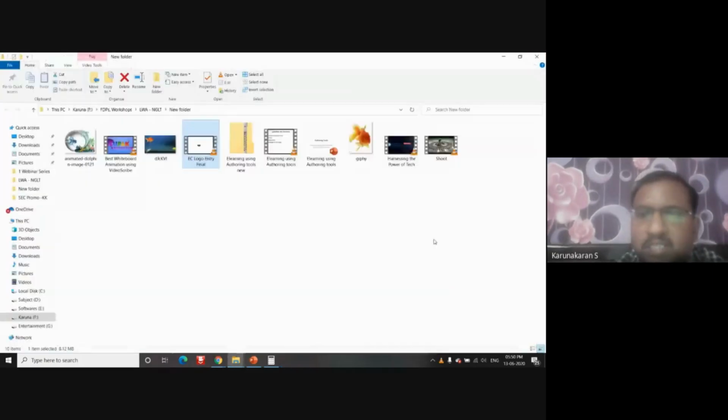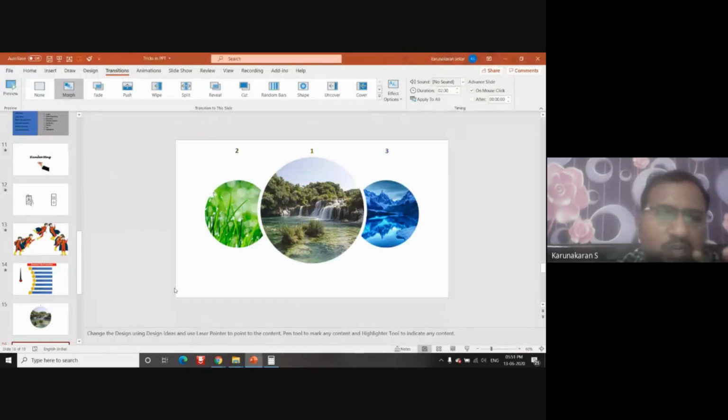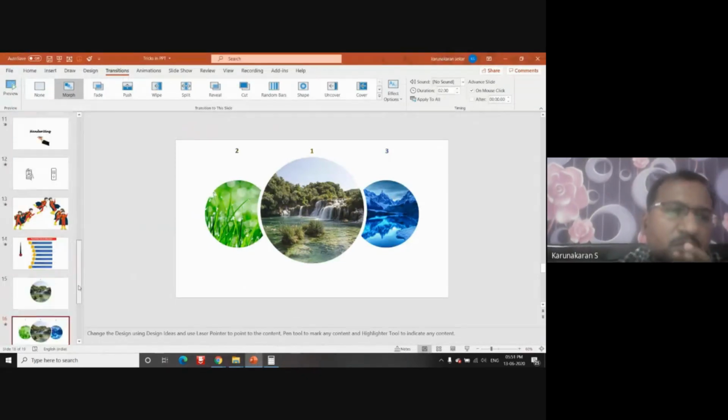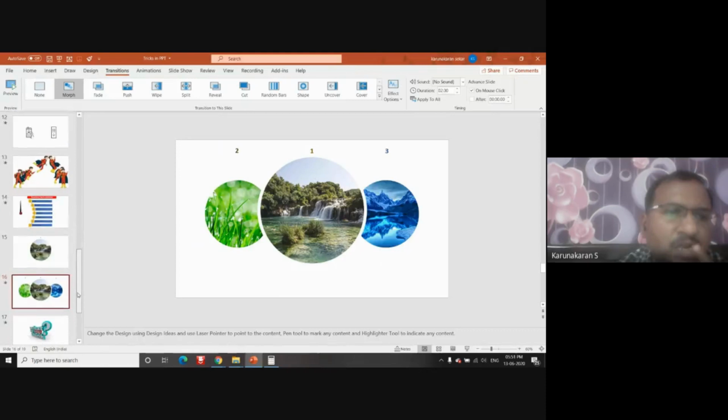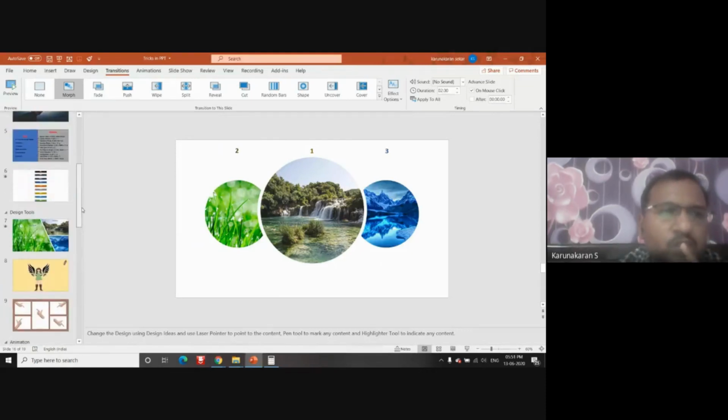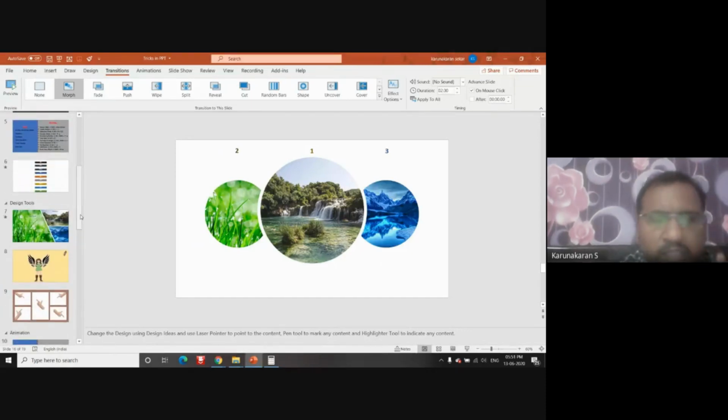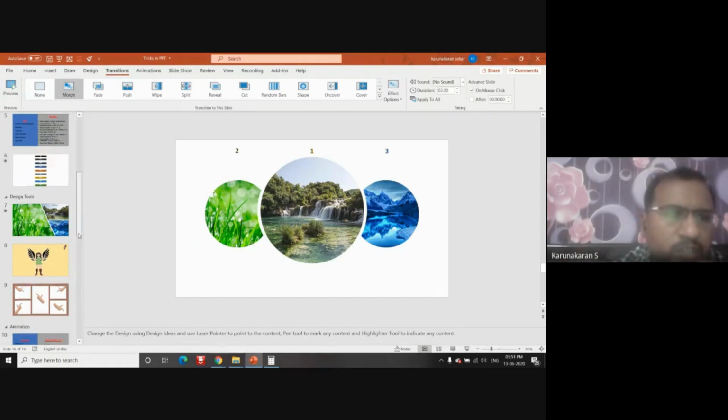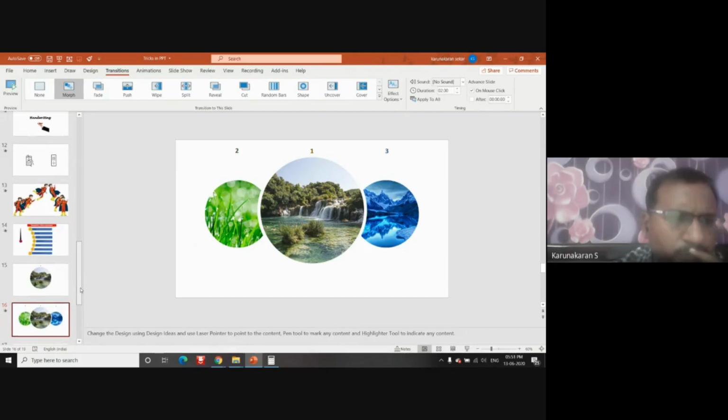So this animation was not created with any other very tough tools. It was created only with PPT, and I have created that animation. And previously in my first PPT also I have shown you an image of a tree growing and then all the technologies falling down. All those were made only with the help of this tool.